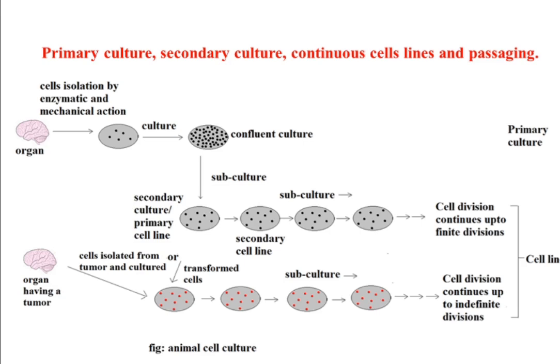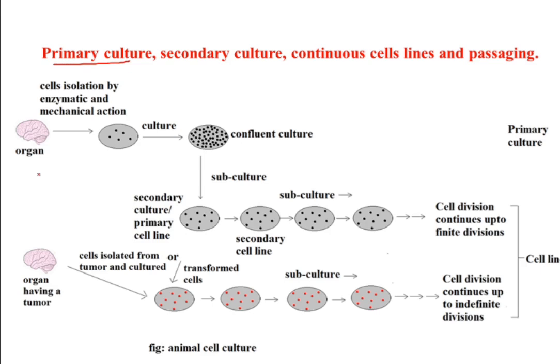and what is passaging. So this is a beautiful slide, a beautiful diagram, and it explains everything. Like I said, animal cell culture is defined as the isolation and culturing of isolated cells in artificial media, right? So we have a whole system of equipment which supports the growth and division of those cells outside the organism. Then what is primary culture?